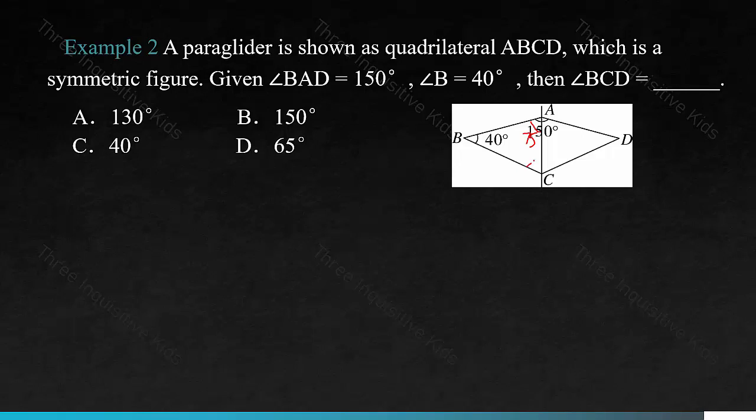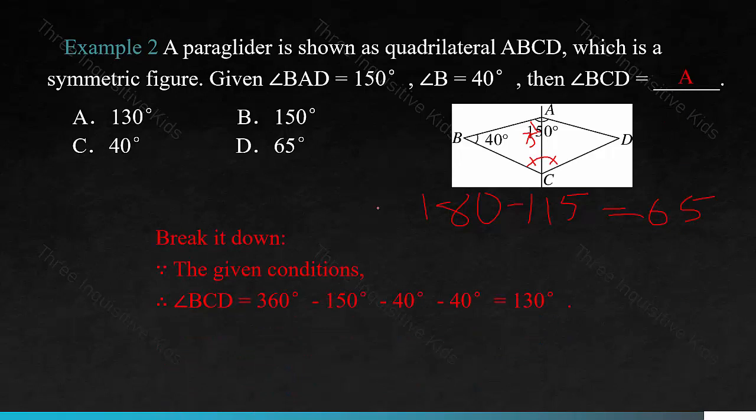And now you're trying to find what this angle is. So 40 plus 75 equals 115. 180 minus 115 equals 65. And then you have to multiply 65 by 2 because this is a symmetric figure, and you get